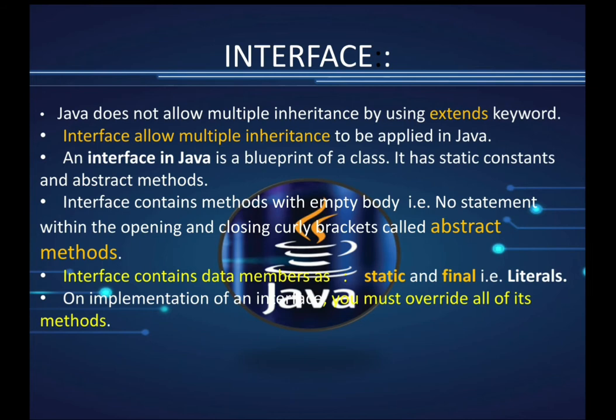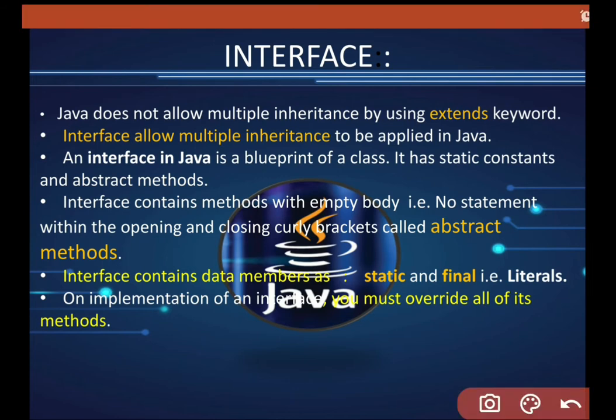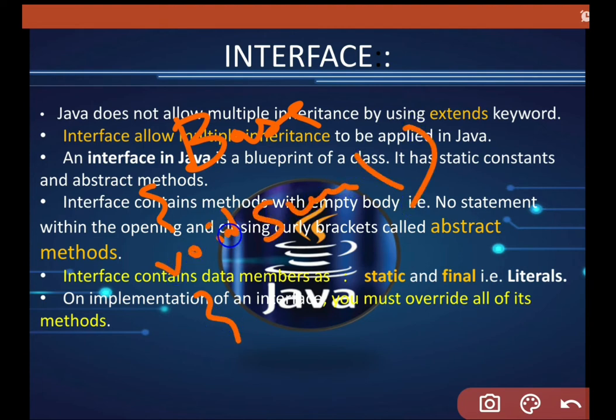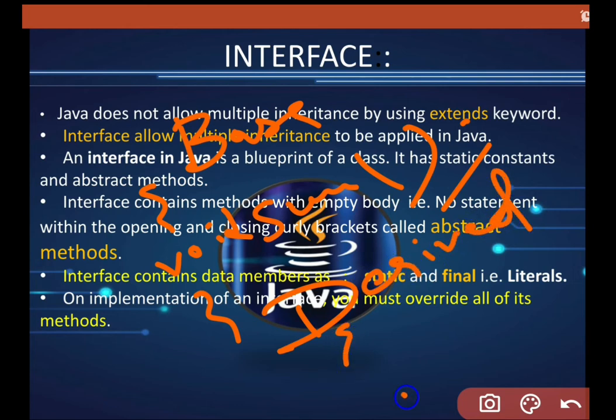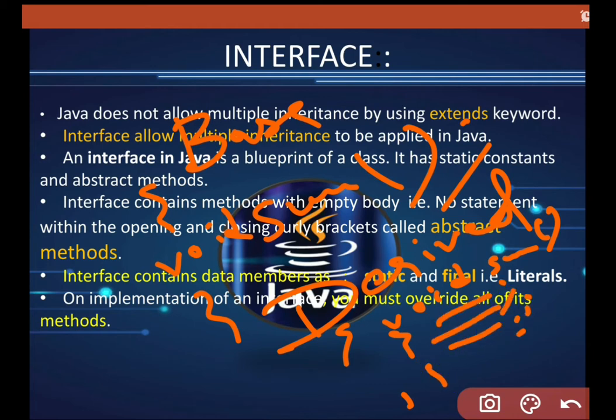When you inherit it, means if you are inheriting a base interface containing a function sum, when you inherit it, you have to complete this function. Means when you are creating a derived class, in that class you have to complete this function. Void sum, you have to place some line over here to complete this function.